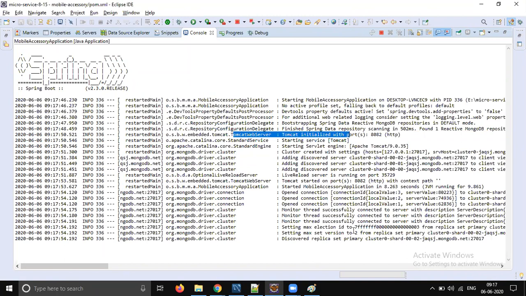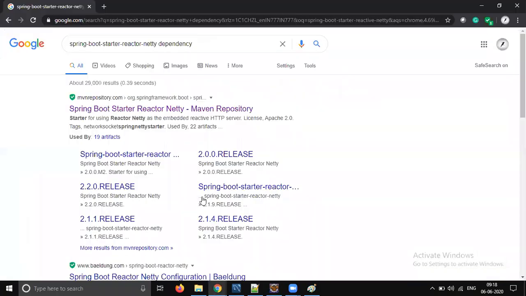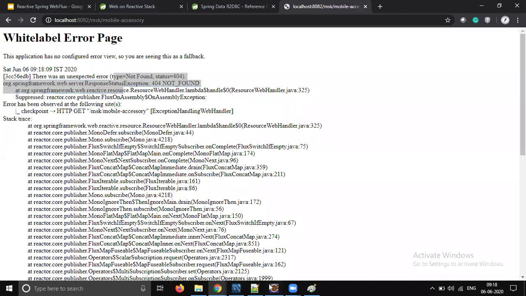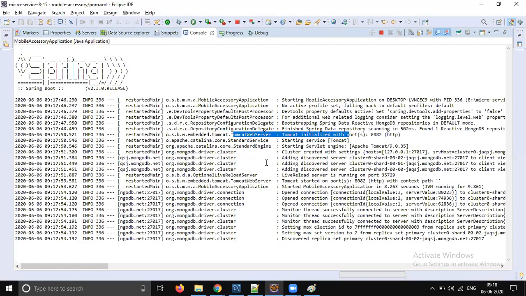Now if I go to the browser and send the same request, it should work because we configured some context path. What's happening? Unexpected error, 404. Tomcat initialized port 8082. Context path is empty.